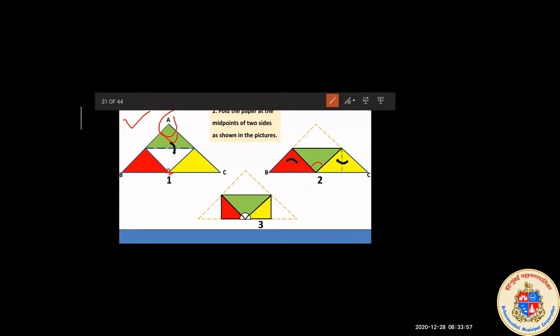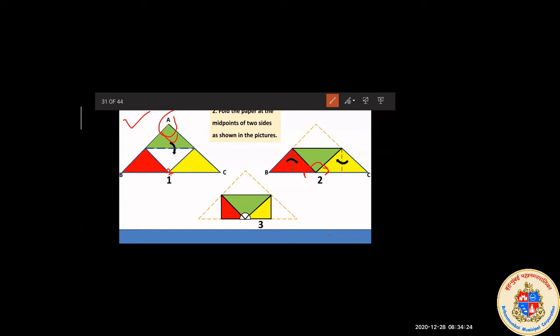Okay, so when I fold the B corner, this is my angle B. It is red, so it's not easy to see. And when I fold the angle C, this is the angle C. Now all three angles are at the midpoint of BC. This is the segment BC, and all my three angles are at the midpoint.